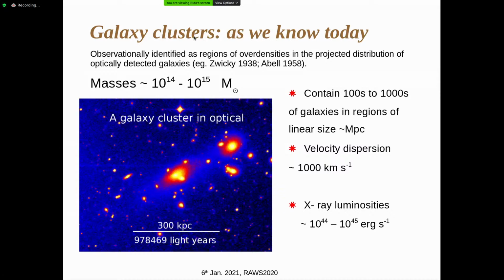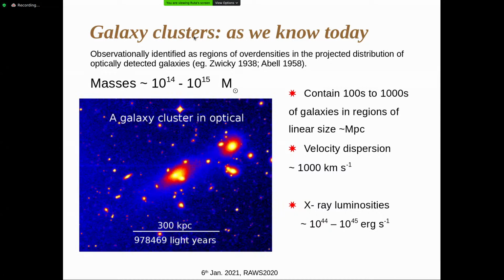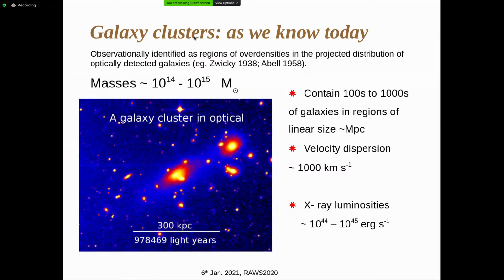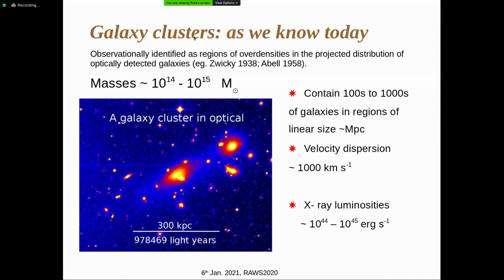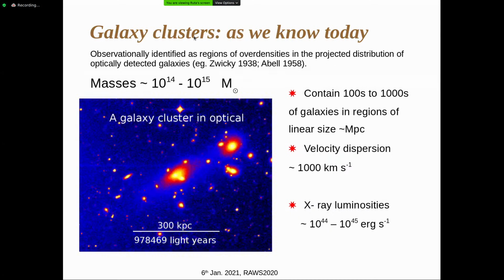Galaxy clusters also contain diffuse gas. Apart from galaxies, there is a huge amount of gas surrounding them. In this picture, the same galaxy cluster is shown in optical and X-rays, being blinked. If you look at this patch of sky in optical, you will detect all these bright galaxies. If you look at it in X-rays, you will detect this huge blob, which is the intra-cluster medium. The intra-cluster medium is extremely hot gas at the center of the cluster, and the X-ray luminosities are of the order of 10^44 to 10^45 ergs per second.